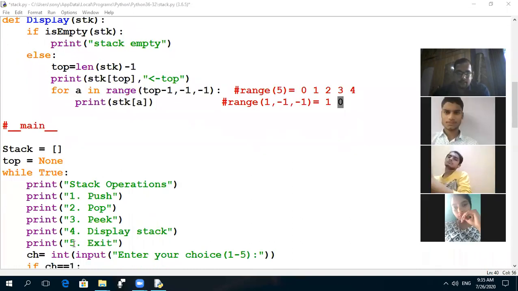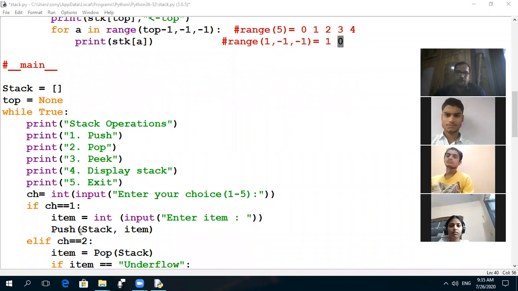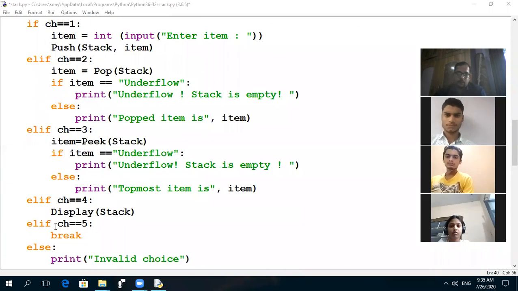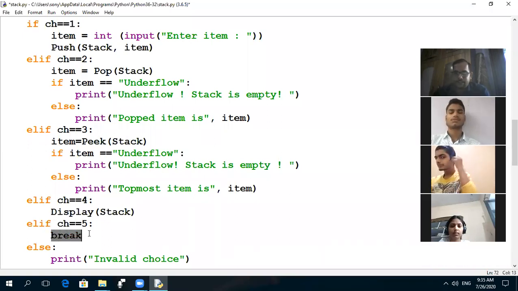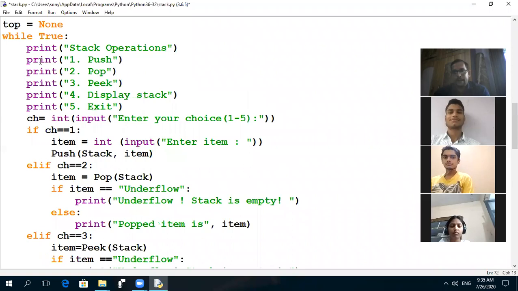Then only the last part is left, that is called exit. Once the user chooses the fifth choice, that is called exit. For exit, if the value of ch is 5, equals to 5, that means the condition is true. Then it will come to the break. Break is a part of jump statement, so it will jump out from this loop. जो ये while loop लिखा है इससे हमें क्या कर देगा, बाहर ले आएगा. Only this much. Clear? So all these are the operations which we perform in the stack. I hope you have understood this program. If any doubt, please ask.